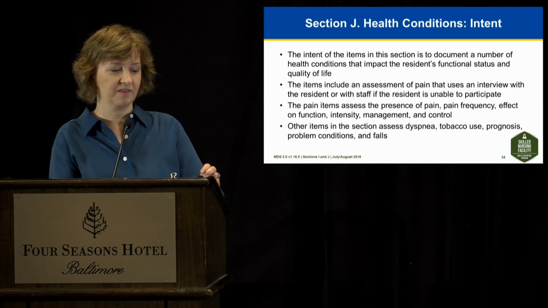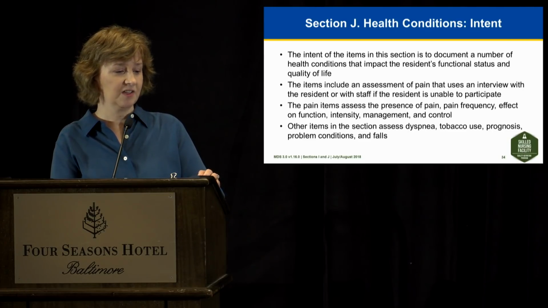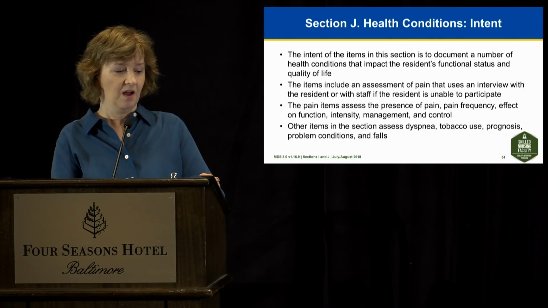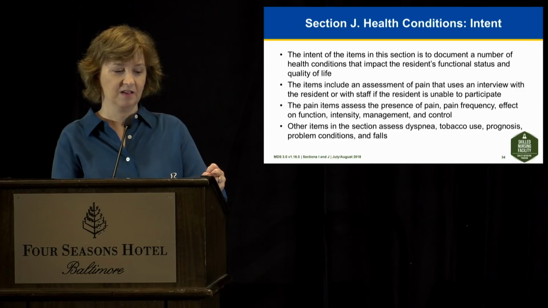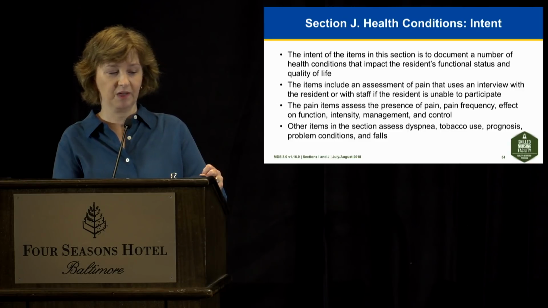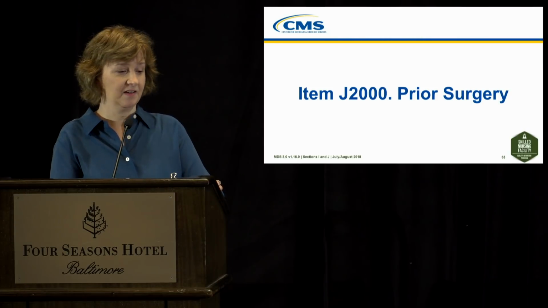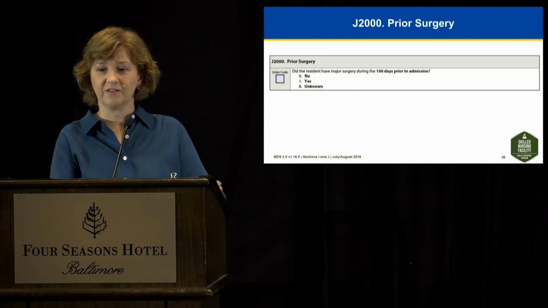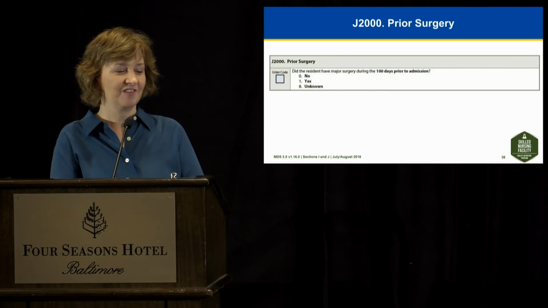The pain items assess the presence of pain, pain frequency, effect on function, intensity management, as well as pain control. Other items in this section relate to other topics related to quality of life, such as dyspnea, tobacco use, prognosis, problem conditions, and falls. The new item that is being added is item J2000 called prior surgery. And this is just a simple question that is yes, no, or unknown in terms of did the residents have